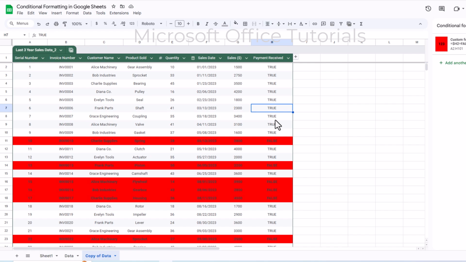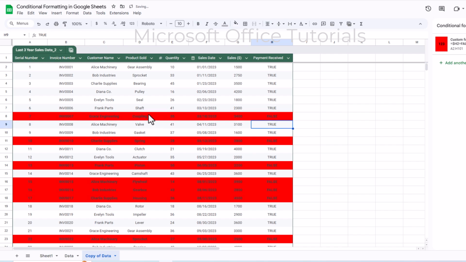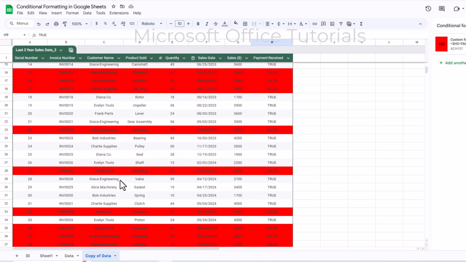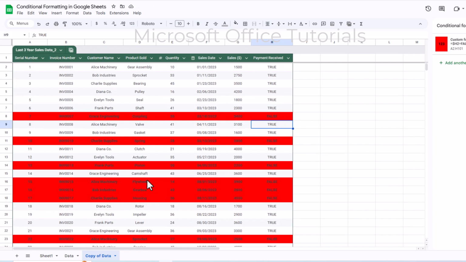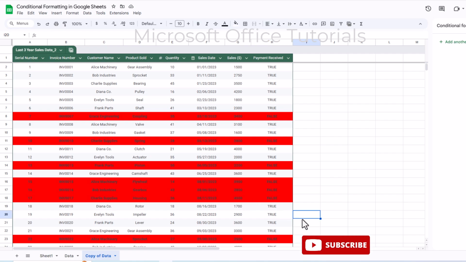Let's say one of my colleagues says actually this customer has not paid, so this is wrong. We need to add here false, because we need to follow this customer because this customer has not yet paid us. I will say okay, I can add here false. I will enter and you will see immediately the full row has been highlighted. So now we know these highlighted rows are the customers or invoices for which we need to follow up to get the payment. This is the way we can use conditional formatting to custom format or custom highlight our data based on our own custom criteria.